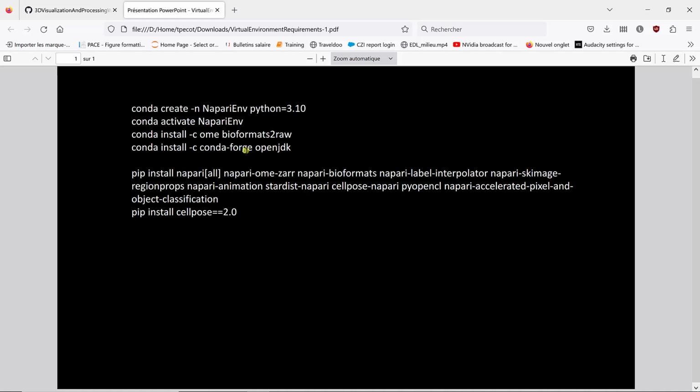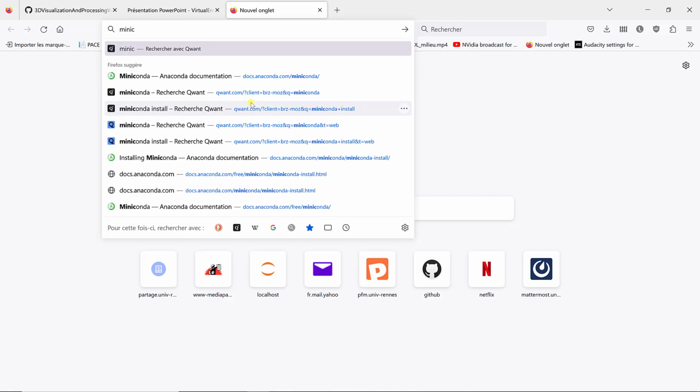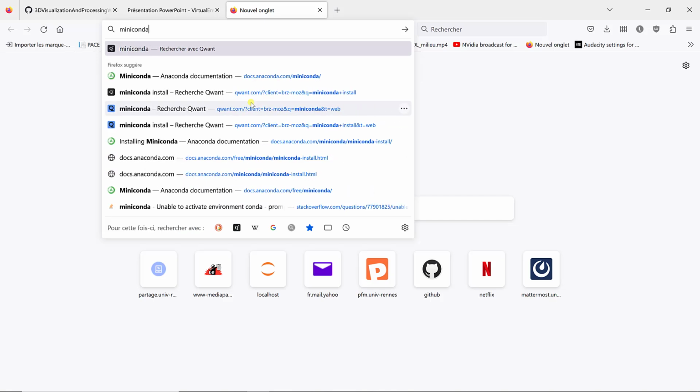So I'm going to open a terminal, a prompt. To do that, you need to install either Anaconda or Miniconda, so I'm going to show you how you can do that. Miniconda is a lighter version, and for what we do, it's enough. So if you look for Miniconda,